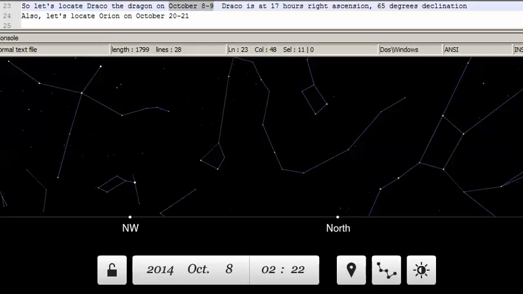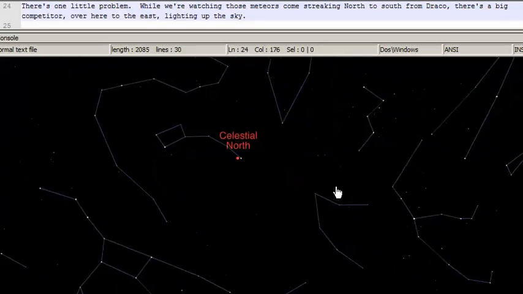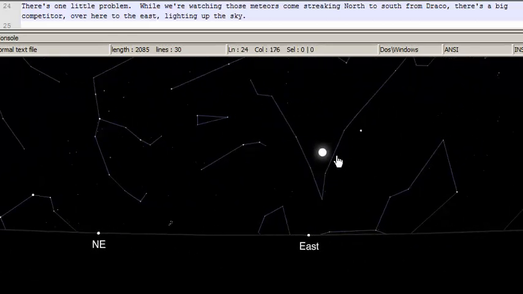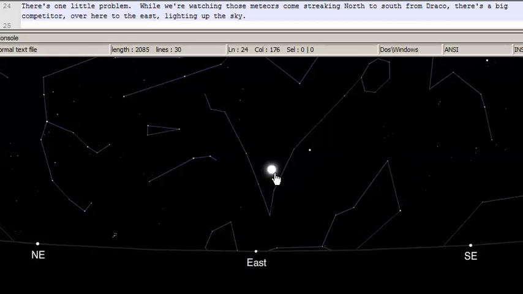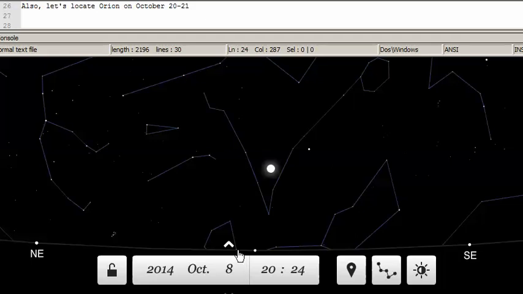There's one little problem though. While we're watching meteors come streaking from north to south from Draco, there's a big competitor over here lighting up the skies called the Moon. The Moon will be quite full on October 8th through 9th, making meteor shower viewing a little less seemingly spectacular. So let's locate Orion on October